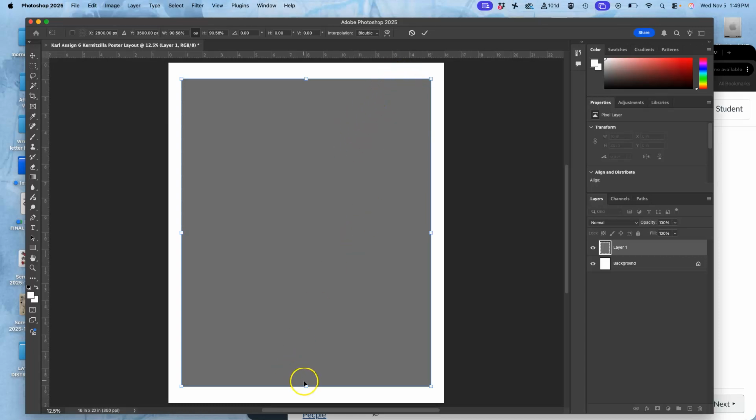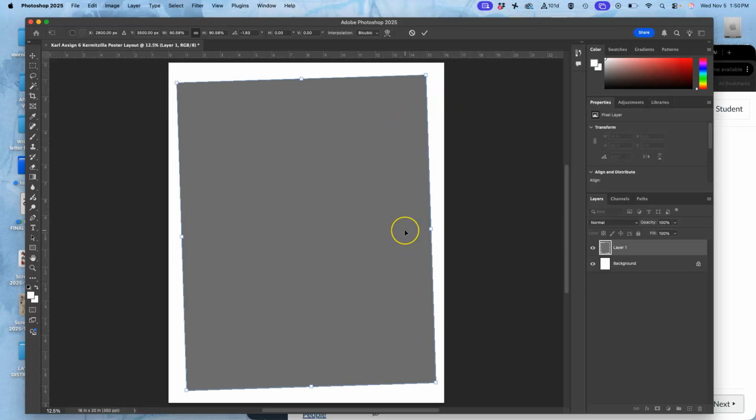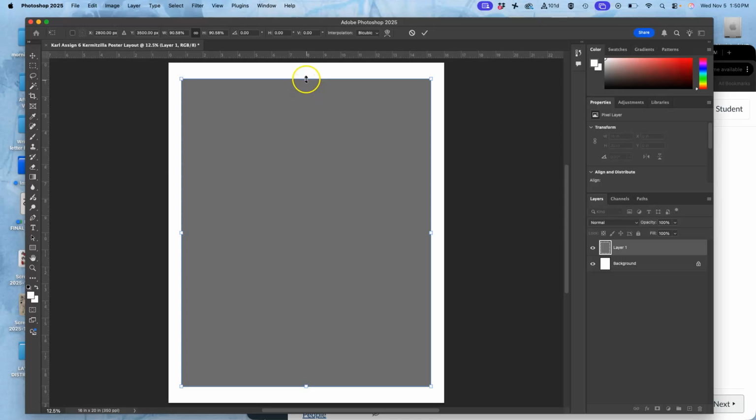Now, some posters would have a background like this, where it has more space on the bottom, and then you might actually have type on the bottom. You'll see that with a lot of movie posters. You even see it with album covers, book jackets. Or you might have it where the border is a slightly different shape, right? It's a little off from the cut edge. So you can play with that, but for now I'm just going to do a default border